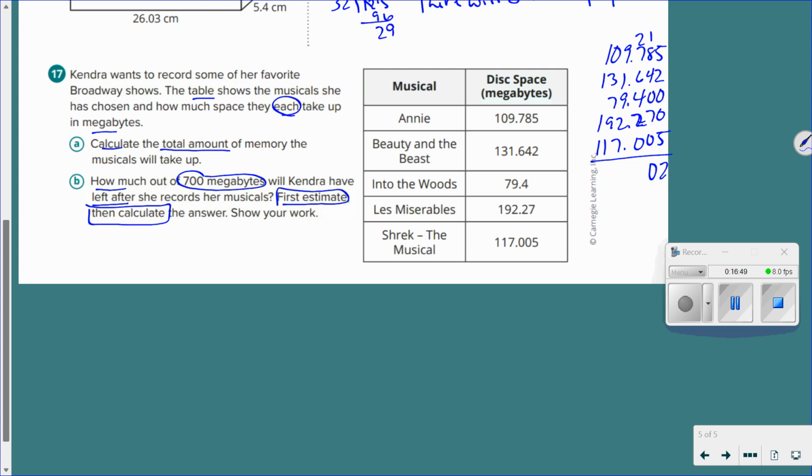9, 19, 21, 10, 18, 20, 21, 23, 40. See, 10, 24, 2, 3, 4, 5, 6. So she's using almost all of it. The total amount of memory is 640.102 megabytes